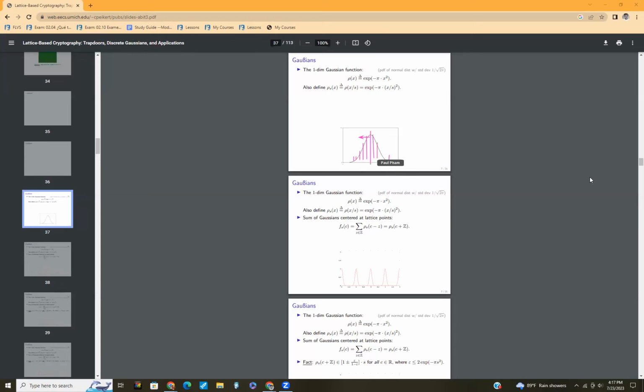Then for each of these bars, you're computing a value which might look like the ceiling of exponential of minus pi times x squared. Or, I call it x sub i squared